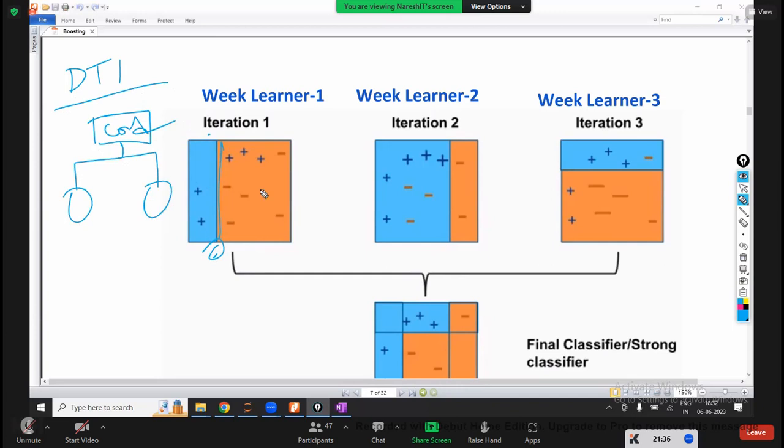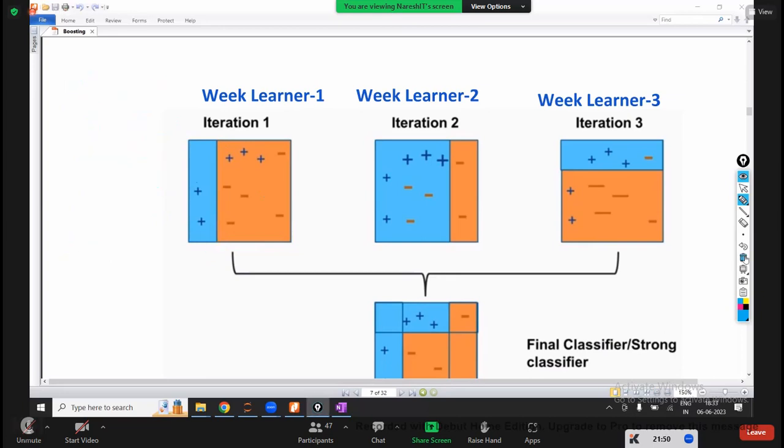This is one part and this is the second part. Now, in normal decision trees, what do we do? We write one more condition and again divide the data, right? But here, in this AdaBoost, each decision tree